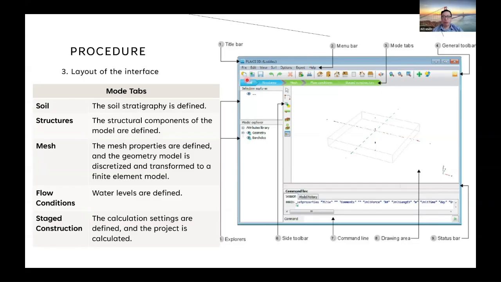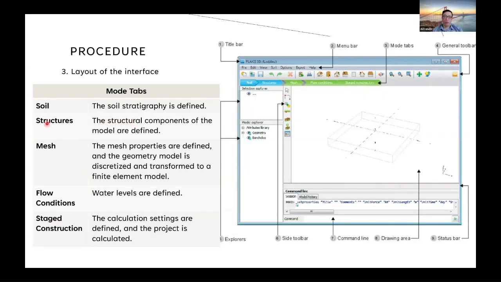So after soil, we can move into structure. In the structure, you can draw and model the pile cap with the pile, with the slab, or with the retaining wall. So under soil you define, and in the structure you assign, plus doing the drawing itself.